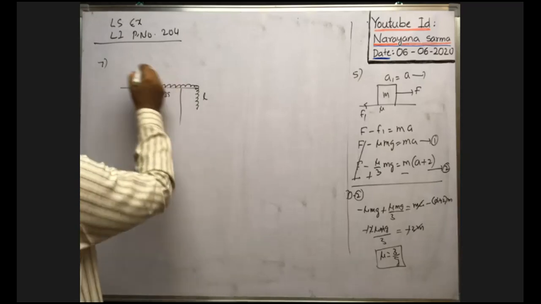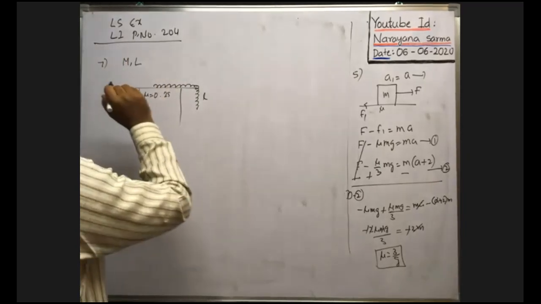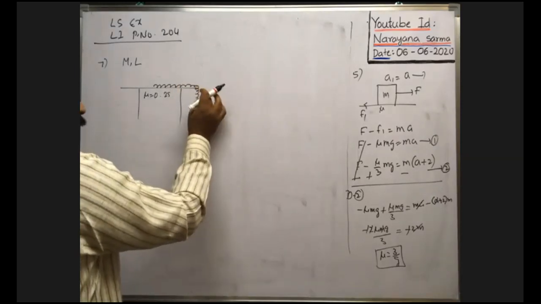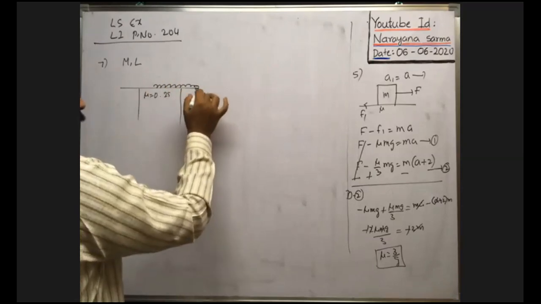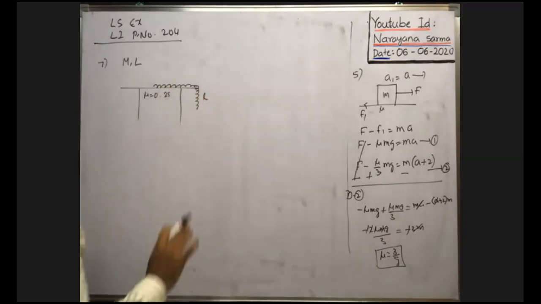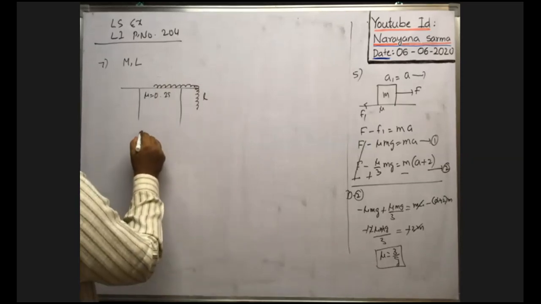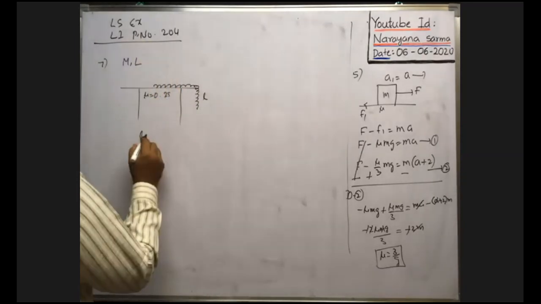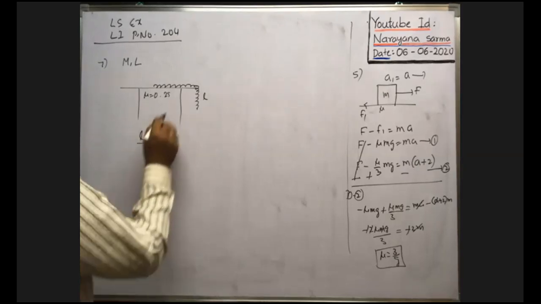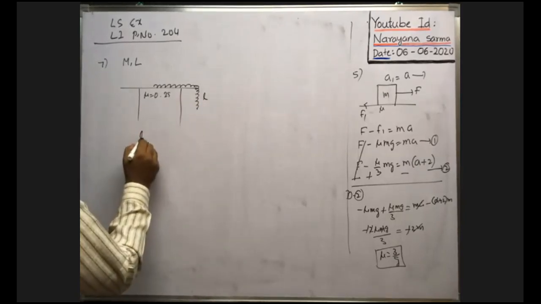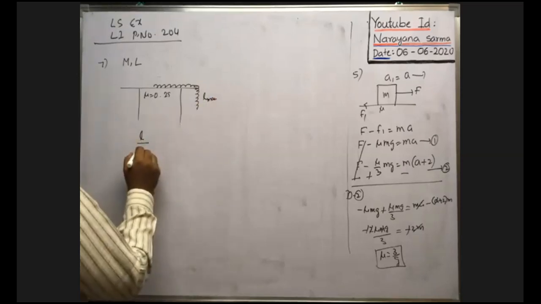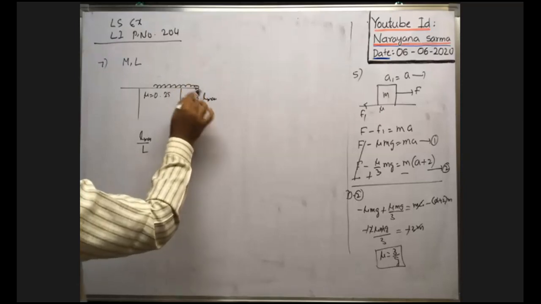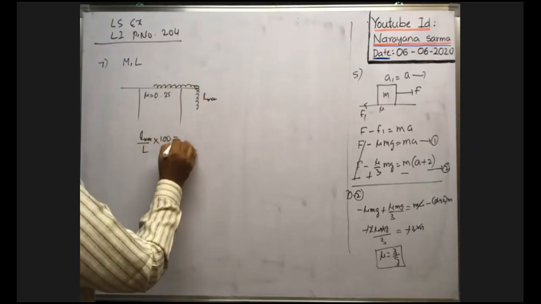So suppose the total mass of the chain is capital M and length is capital L, in which whenever l length of the chain is hanging from the edge of the table, for that maximum length the chain does not slide. If the length of the hanging part is greater than this, immediately the chain slides and passes. So what is the maximum percentage length of the chain hanging from the edge of the table so that the chain remains over the surface of the table only? That means l max by total length L is the fraction of maximum length of the chain hanging for the chain not to slide. Percentage means into 100, that is equal to question mark.